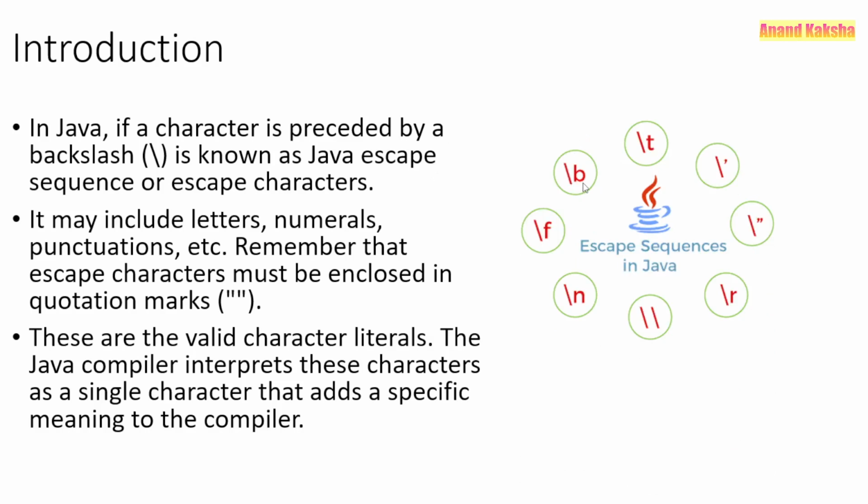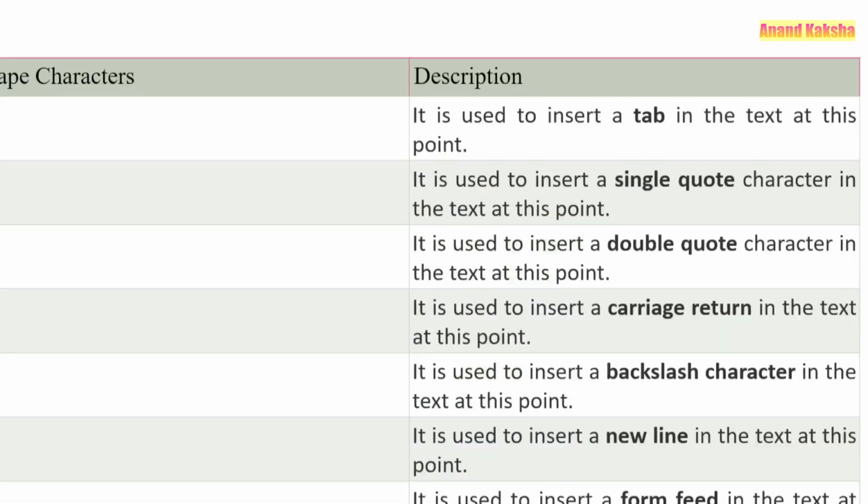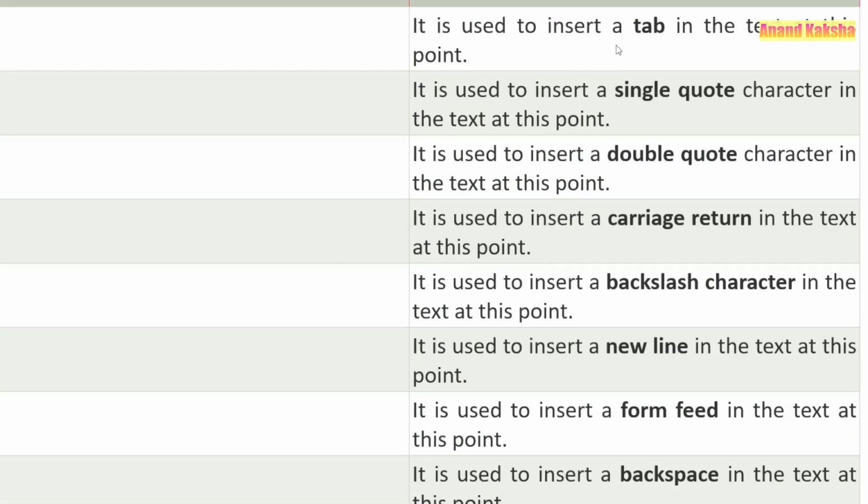Like slash b is for the backspace, slash f for the form feed, I think, and slash single quote is for the single quote, slash double quote is for the double quote like this, and slash t for the tab space. So these are the details, like slash t for the new tab, inserts a tab in the text at that point, and this is for the single quote, the double quote for double quote, and the